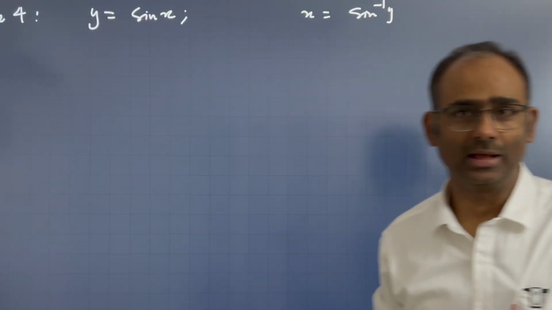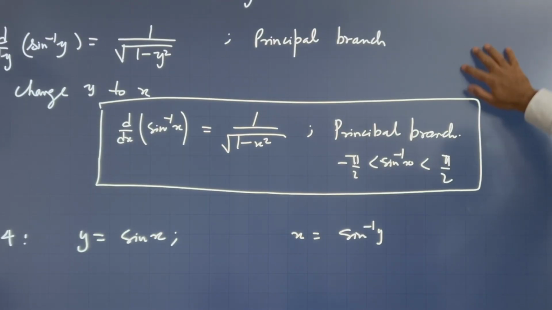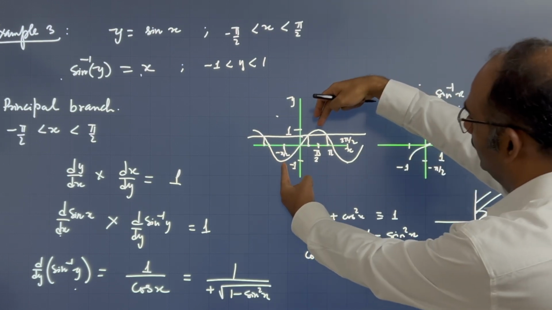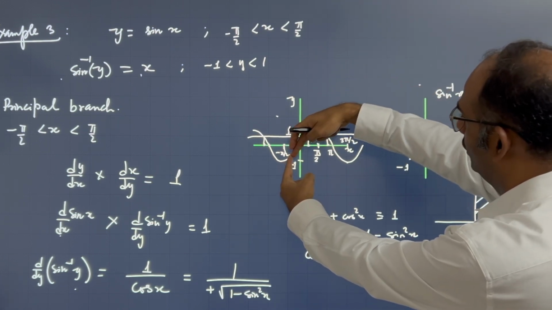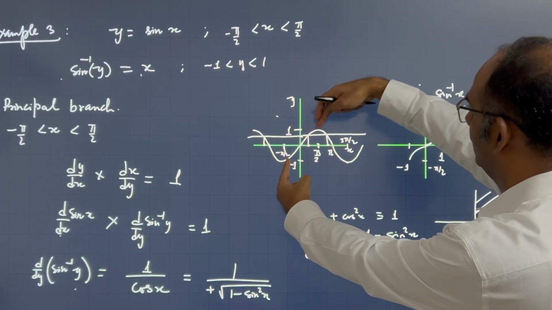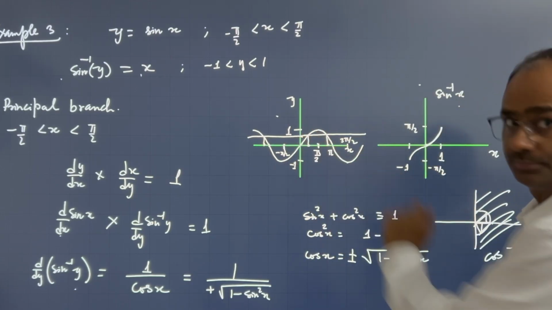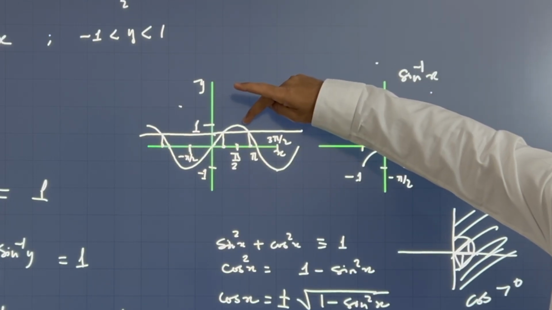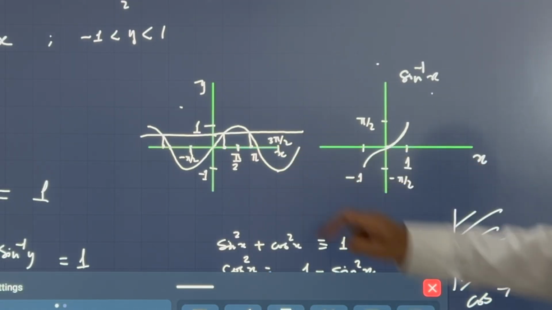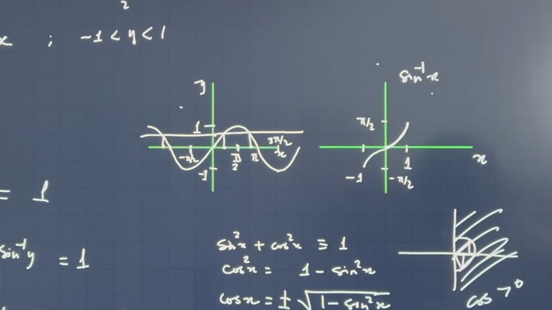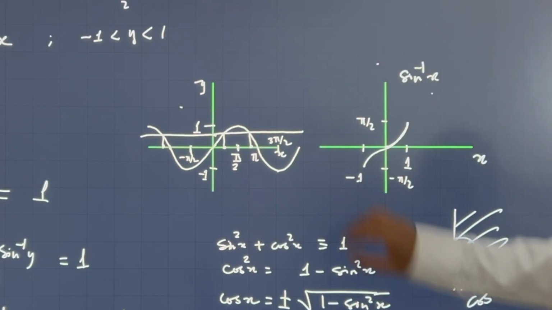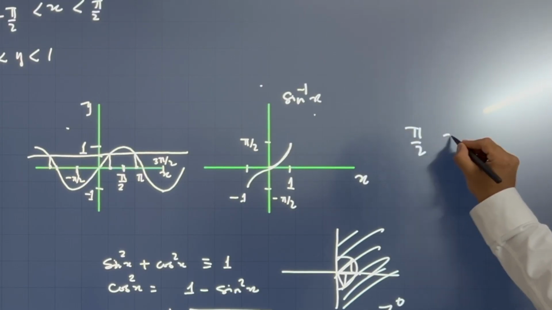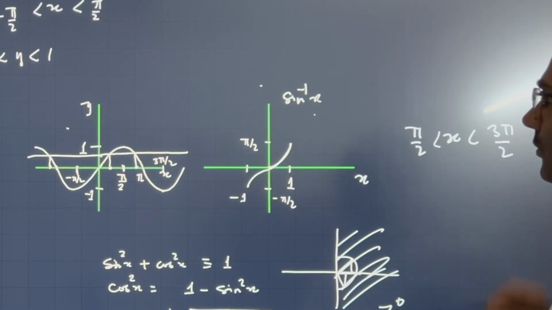This time I am going to restrict x. So see here, the function is monotonic, right? For a given value of y, you have a given value of x. This time I am going to take this region. What's the value of x here? Pi over 2. What's the value of x here? Anyway, 3 pi over 2, right? So if I take pi over 2 to 3 pi over 2,